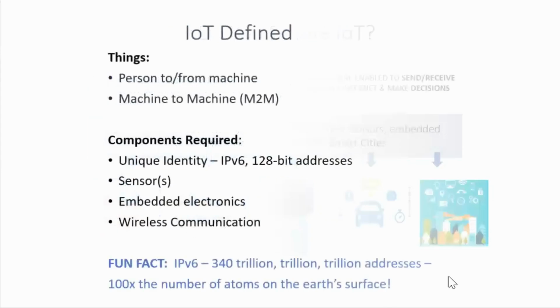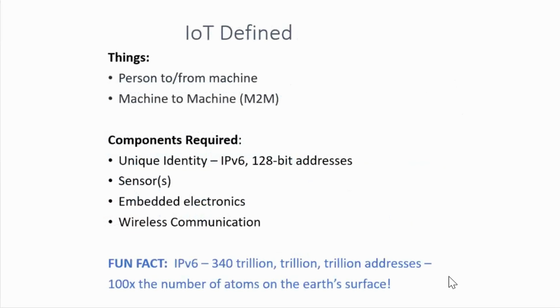I believe is on the next slide, yeah. So we have four things required to technically define what an IoT device is. We have to have a unique identity, okay? So we have to have an IP address, which is what we use to identify those devices to make them unique. And we have sensors. You can have just one sensor that qualifies for an IoT, right? Embedded electronics and a wireless communication. So wireless could be Bluetooth, Wi-Fi, right? Any of those things. Those four things.